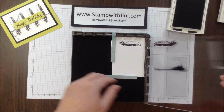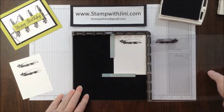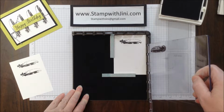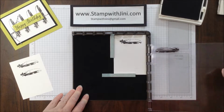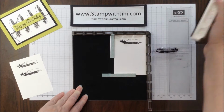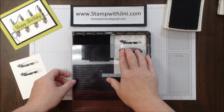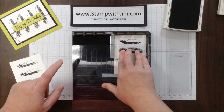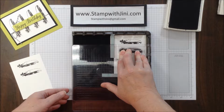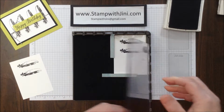Lift the plate up. Okay, now for the fun trick. It's called the hinge step technique, and I'm going to lift this plate up and remove it from the hinge, move it down one step or to the next hinge, and re-ink my image. And I'm ready to stamp again. These hinges are about an inch and a quarter apart, so it's real easy to get a consistent step and images